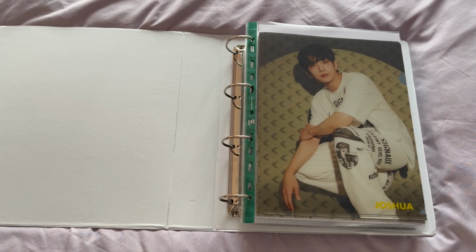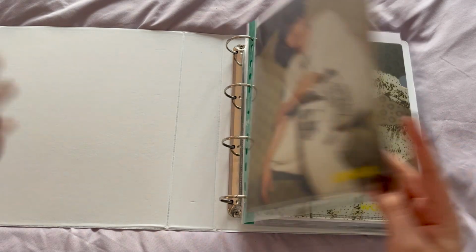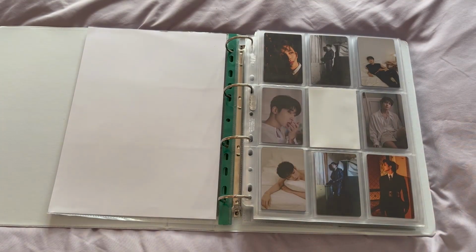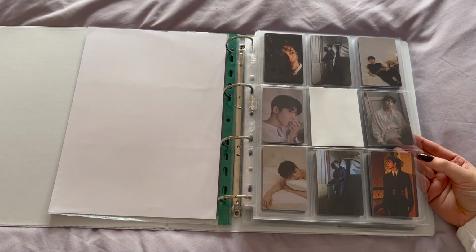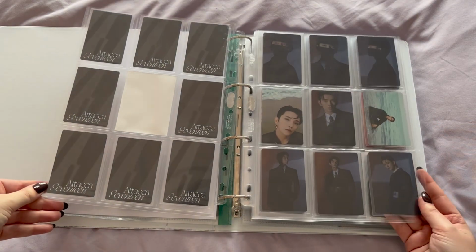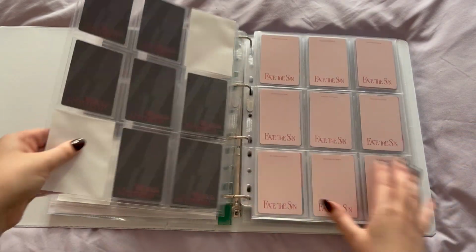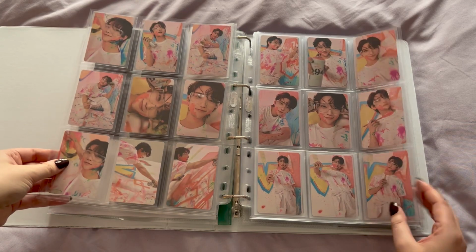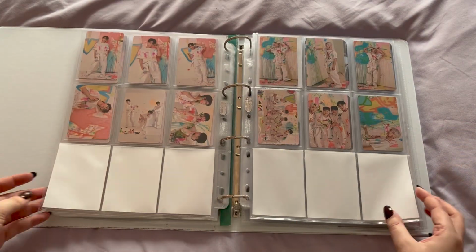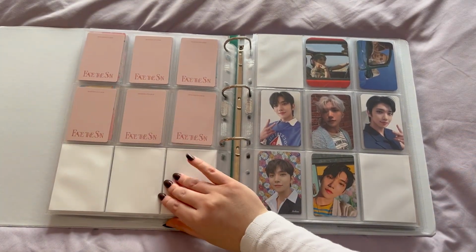Okay, so this is my non-album binder for 17. And at the front here I just have these little D-icon file things. And then here I actually have the Attacker Carrot version cards, like the pack of cards that comes with it. And then the Face the Sun Carrot version cards as well. So yeah, I just put those there because they eat up a lot of room in the binder,